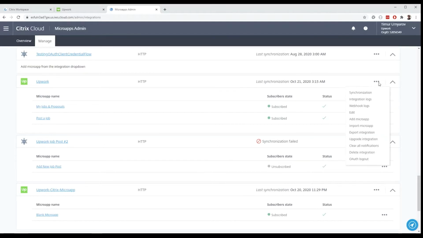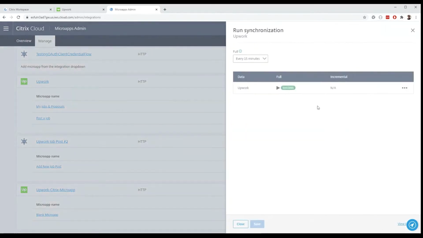Now, one last but not least important thing is to make sure you plan your synchronization appropriately. You need to make sure that you're not flooding your APIs with requests. We definitely had situations where we looked at the API request logs and we saw that we did rate limit